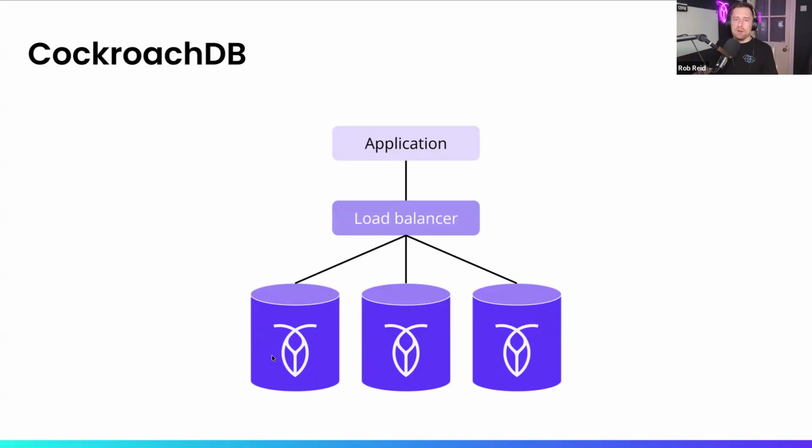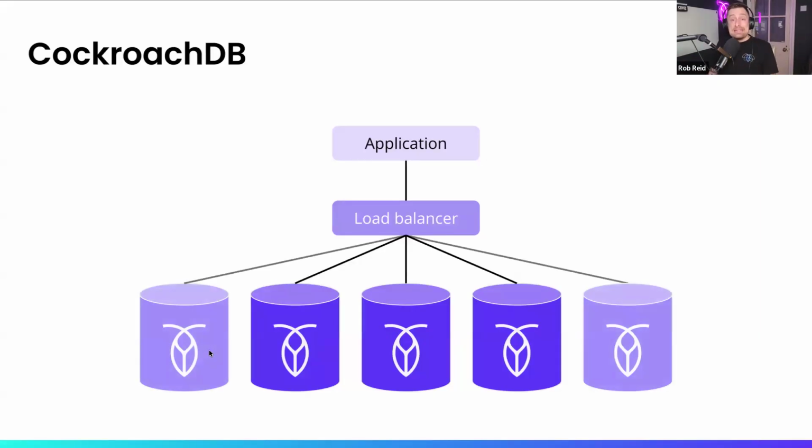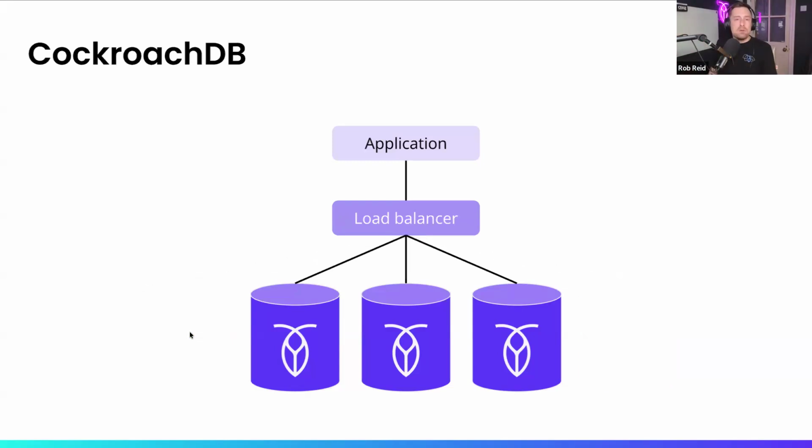So there's no primary or writer instance. Every node is equal, so scaling is simply a matter of adding nodes to that cluster. They use the Gossip protocol under the hood, using Raft, and they will figure things out. If you add a new node to the cluster, data will be balanced across it, and it will participate in read and write queries. Conversely, if you want to scale in or scale down, you simply remove nodes from the cluster, and CockroachDB handles the rest.